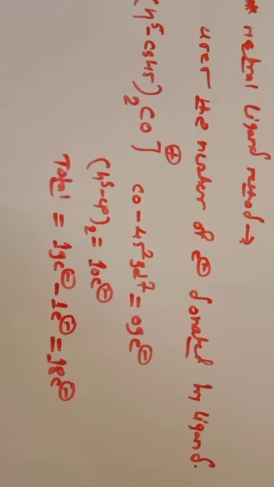So this is regarding the neutral ligand method. Whenever there is a positive charge, subtract the electrons. Whenever there is a negative charge on the complex, add the electrons in the total electron count. In this way, we can easily find the total electron count and identify whether the complex obeys the 18 electron rule or not. So this is all about the neutral ligand method.